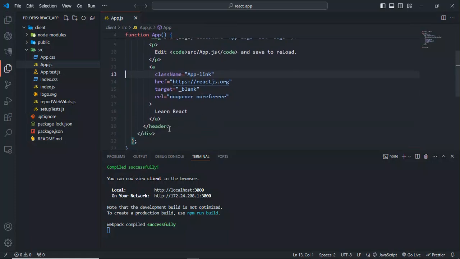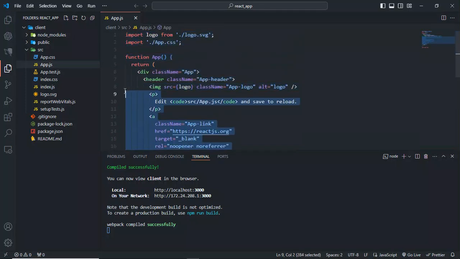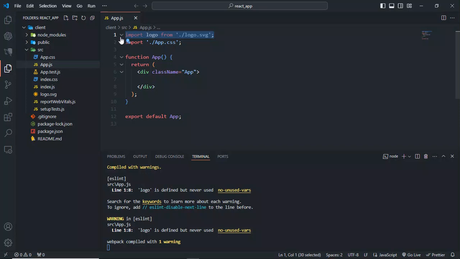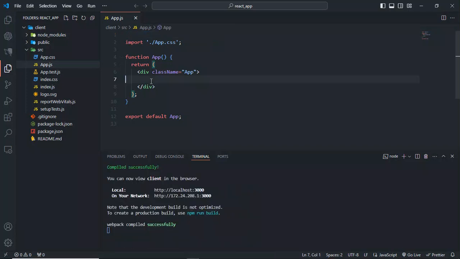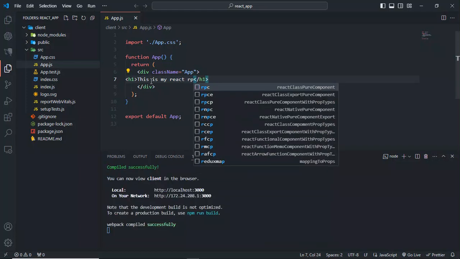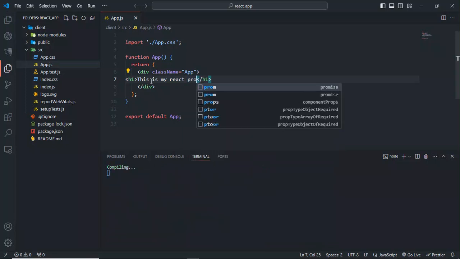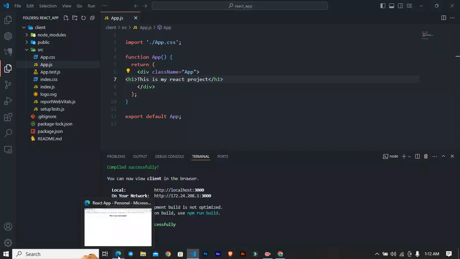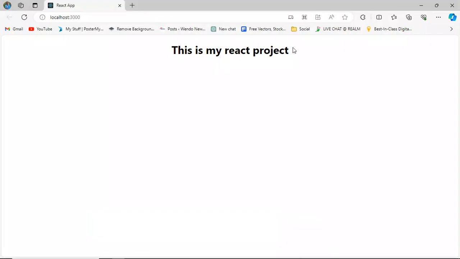So we can just remove all this. I want to show you something else. So at this point, let's just remove all this. At this point, let's remove that. Also remove this because we have removed the logo and all that. So let's say we have a heading one here, and then you can see that this is my React application, or let's say this is my React project. Is that okay? So if you go back to your browser, you'll notice that the heading one has been rendered